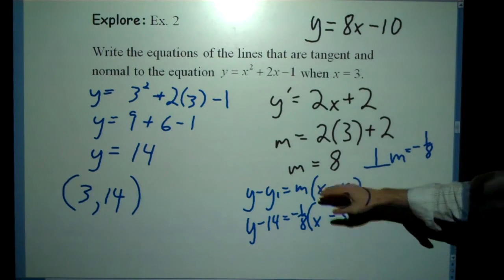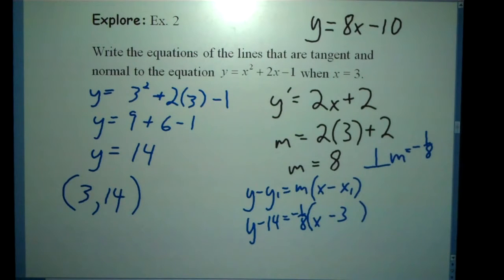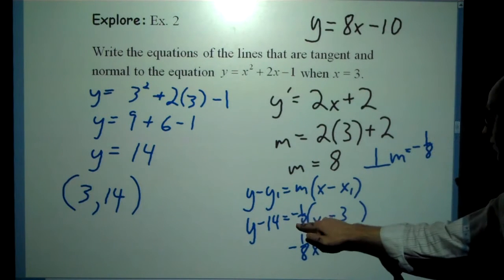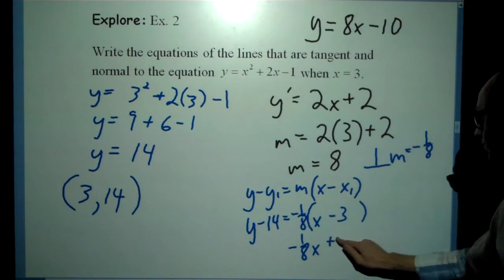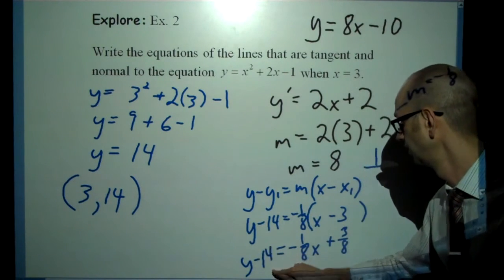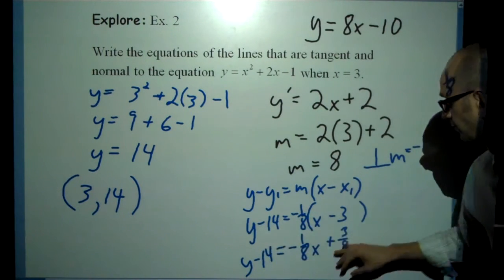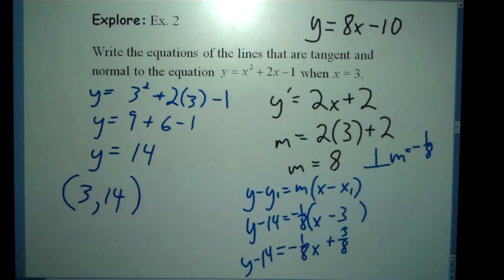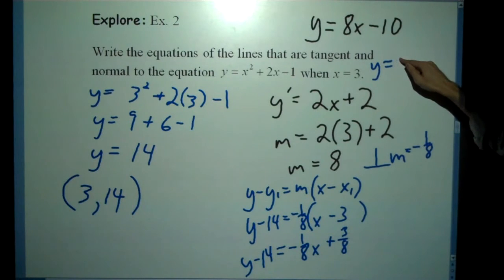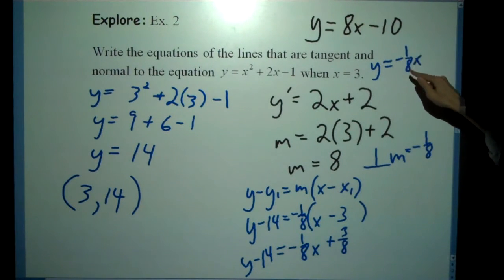And really, technically, I have an equation already at this point. That's one of the reasons I like point-slope form so much. But we can clean this up a little bit here. So we're going to distribute. We have negative 1/8 x. Distribute again. We've got positive 3/8 is equal to y minus 14. Once again, we'll add the 14 over to the other side. And for our normal, we will end up with y equals negative 1/8 x